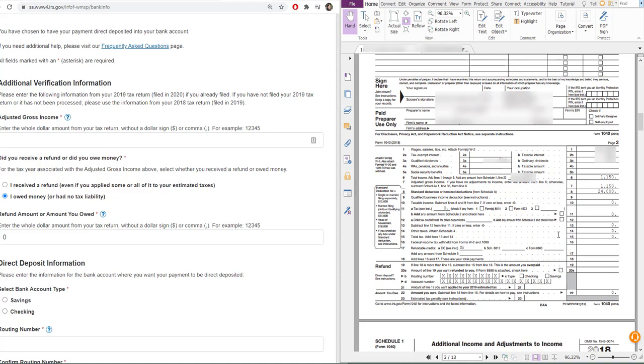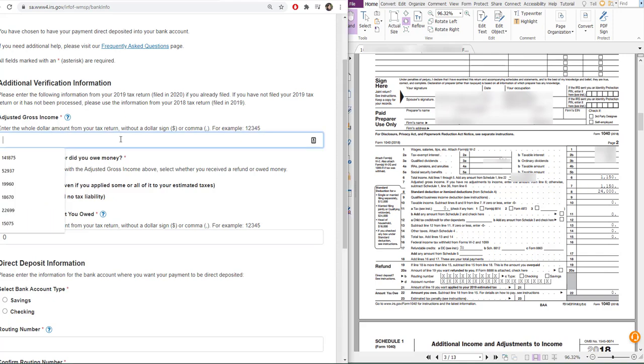So you want to skip down to line 7. Line 7 is where you're going to find your adjusted gross income for the purposes of this particular application. In this case, it is being used as one way to verify your identity, but your adjusted gross income is also the way you'll find out if you're eligible at all. So if you're curious whether or not you're eligible,